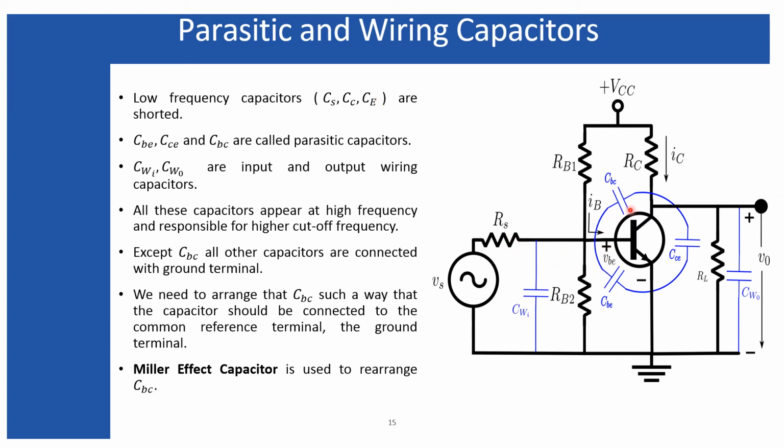These three capacitors which are appearing due to the physical junctions, that means the CBC, which is appearing due to the collector to base junction, and this CBE appearing due to the base to emitter junction. These are called the parasitic capacitors, and these two capacitors are appearing due to the physical junctions and due to the presence of the depletion region in between two conducting medium.